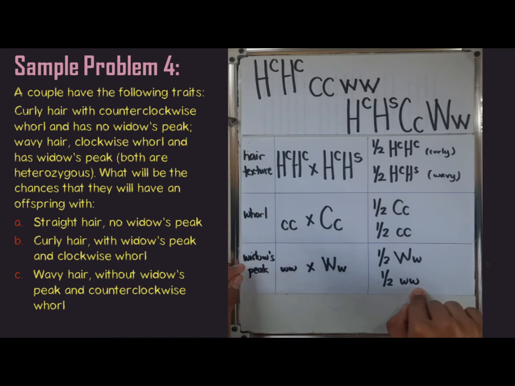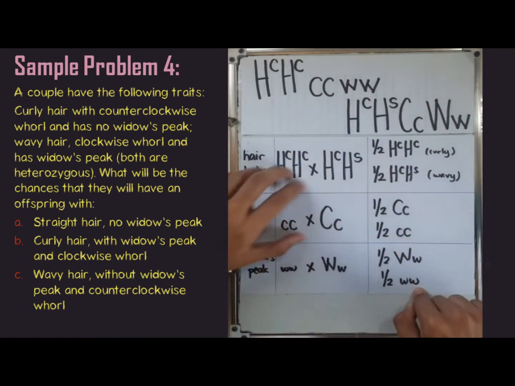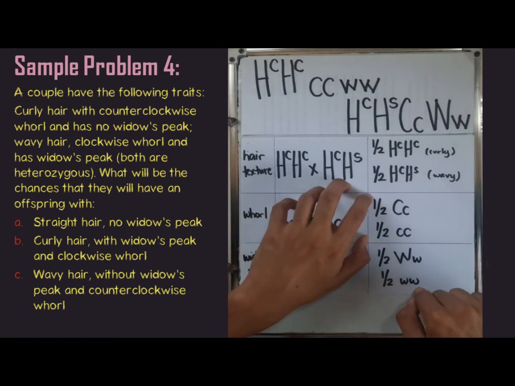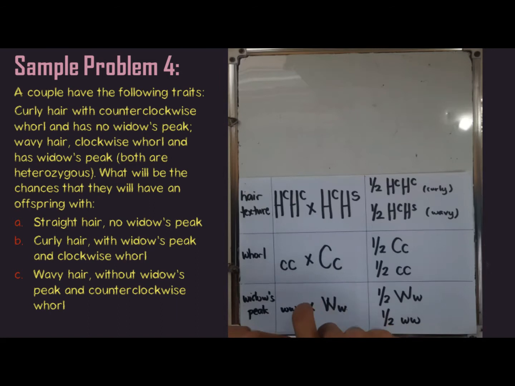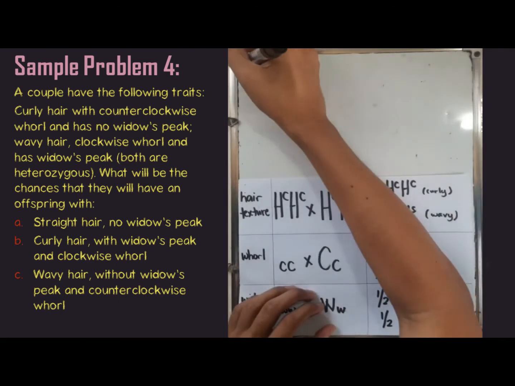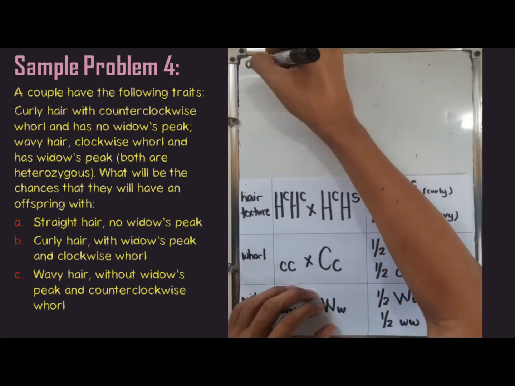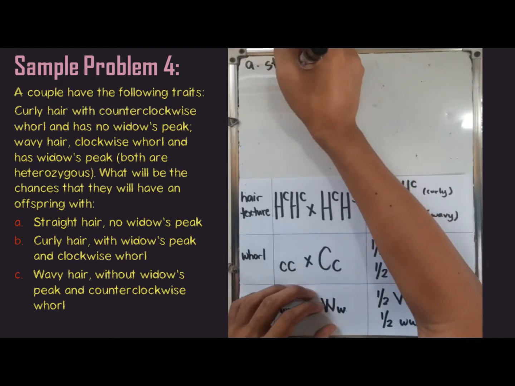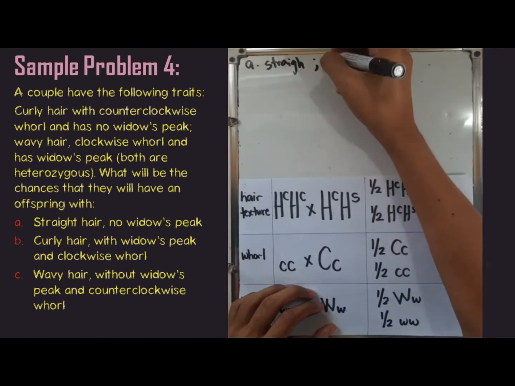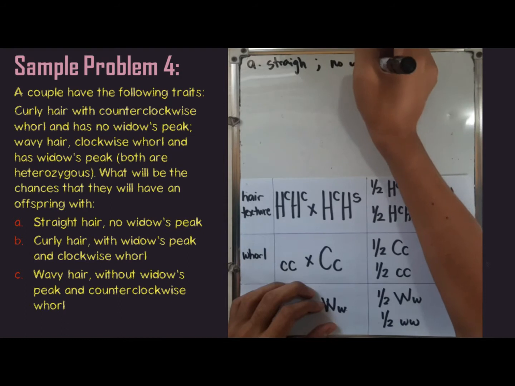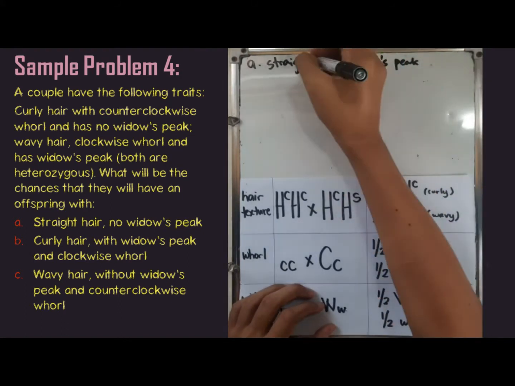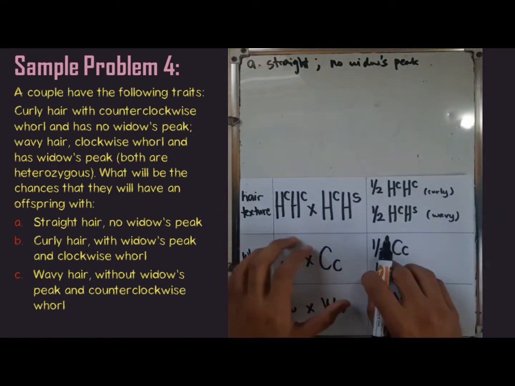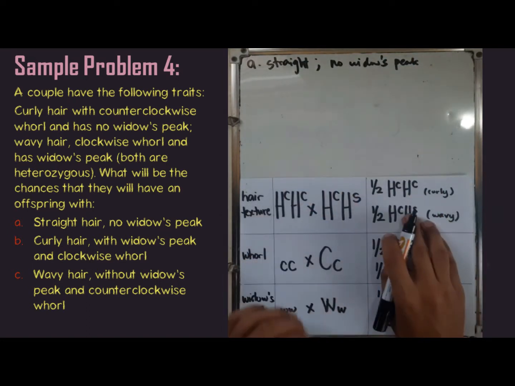So these are now the different summaries that we can use to solve the problems related to this question. Now let's solve for letter A. According to letter A, it is the presence of straight hair and the absence of widow's peak. So, if we consider the probability that is present on the table that we created,